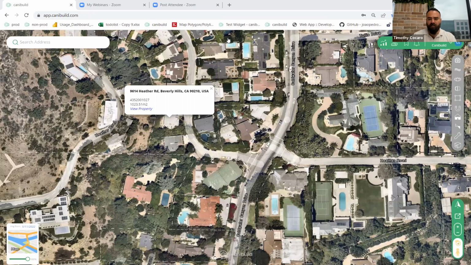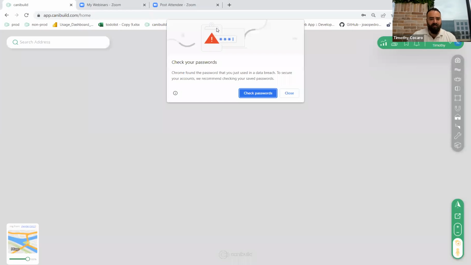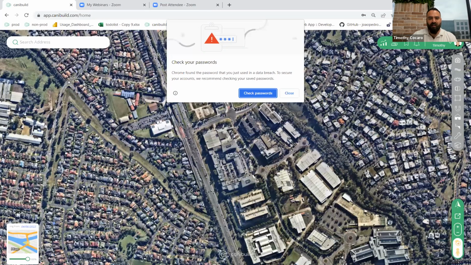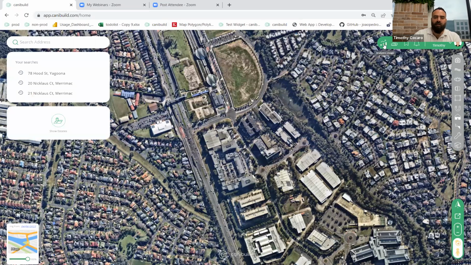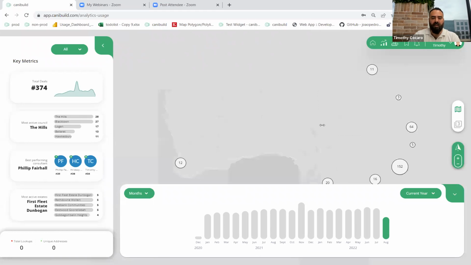Probably the only other thing, and I'll just end with some sugar and spice, I'll quickly log into the Australian account again. The last thing I'll quickly showcase, and this is something that we've just released, but we haven't released in the sense of marketing or making it fully known. On the top right-hand side, you might see a little analytics usage. If you click on that, you'll soon be able to see